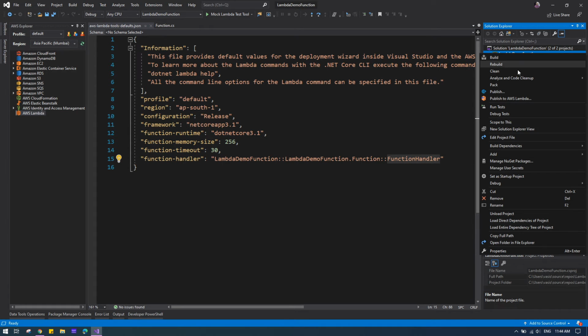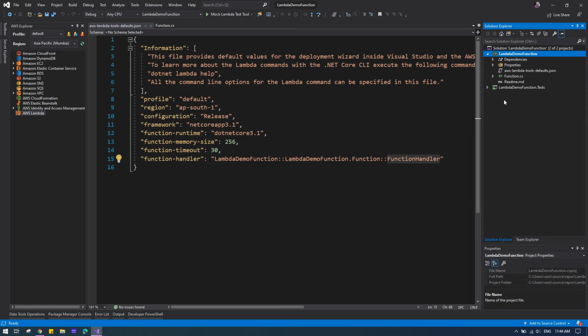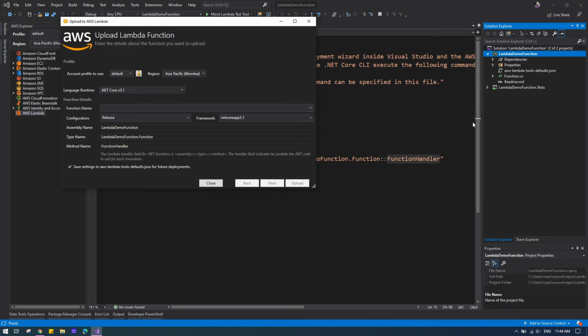So we are ready with the function handler. I'm just going to deploy right now. I'm giving a function name again here, but this is not the name we mentioned so far. This is the function name AWS is going to understand in the future. Whatever we have right now is only for development. This one will be the unique identifier in the AWS infrastructure.